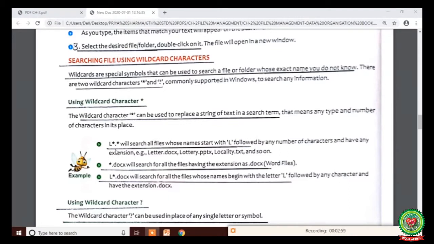Here you can see in the first example, we have written L asterisk dot asterisk, where single asterisk means it will show you the files that start with L and have any number of other characters, where dot asterisk means it will show you the files that contain any kind of extension. Let's see it practically now.